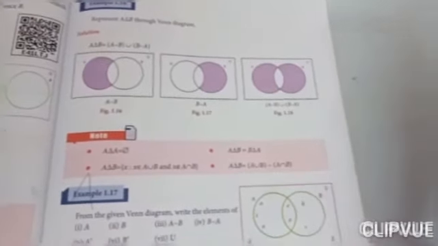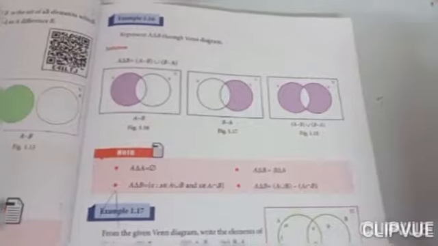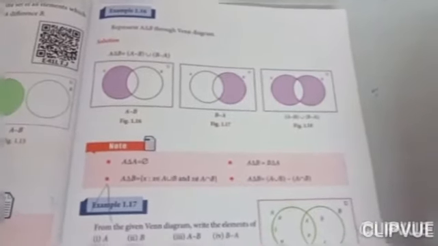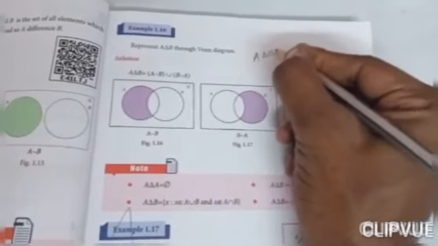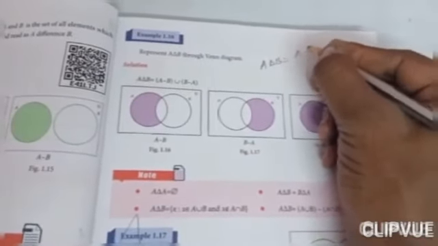Students, the symmetric difference of two sets is very important. You can do it in two ways. The first one is A symmetric B equals A difference B